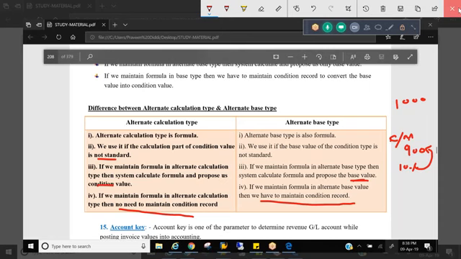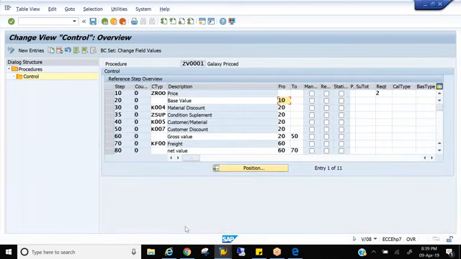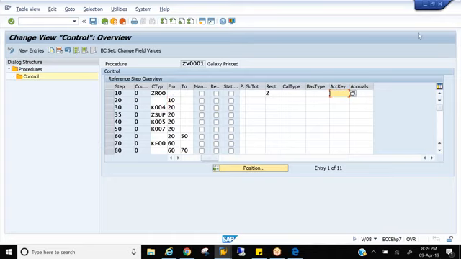And the last but one field is account key. See, the first integration between SD and FI will happen here, account key. The first integration, because this again we'll discuss at the time of revenue account determination.